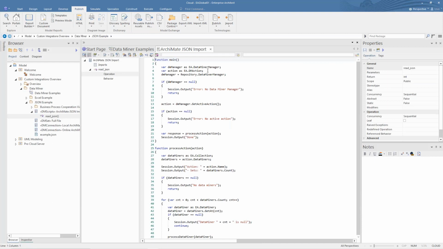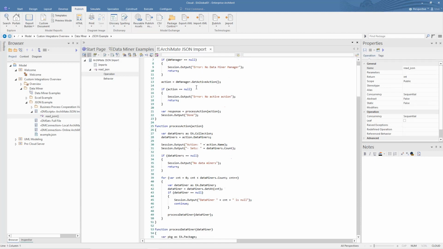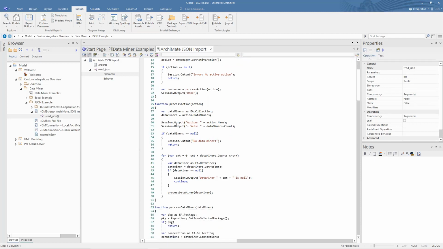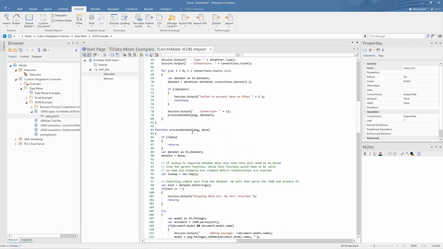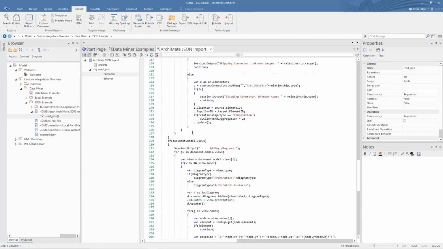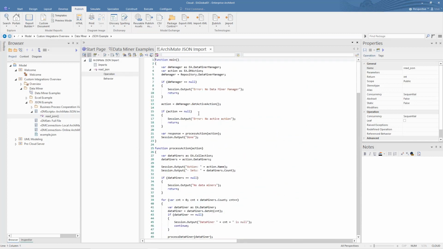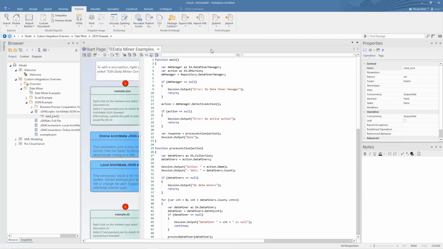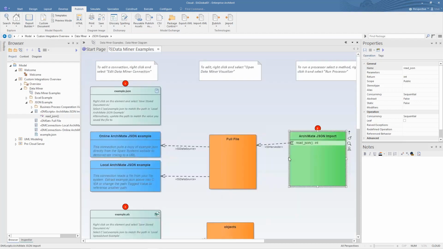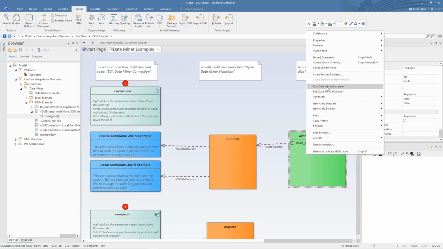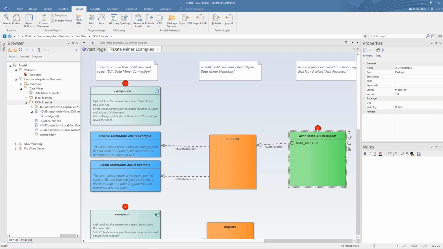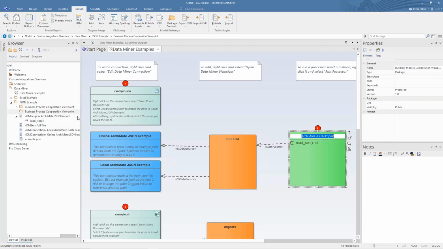And we see that the data miner manager is an extension of the API of Enterprise Architect, where you can navigate through this data and data structure and interpret it as you want. So it's a scripting way of loading the data. So therefore, it's no miracle, and it's using the Enterprise Architect API, but in a very structured way. So if I want to run it, I just have to go on the right mouse button and say Run Data Miner Processor. And what happens, it's doing what is written in this